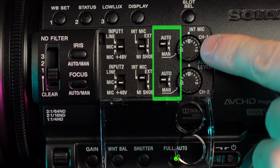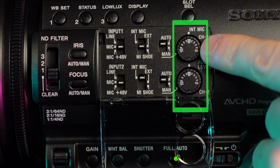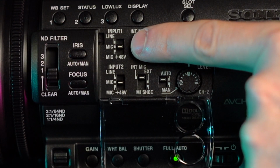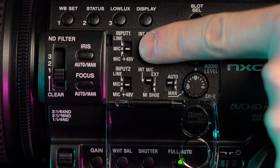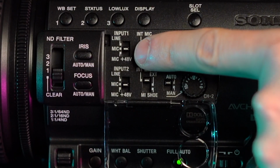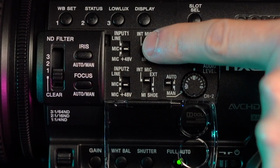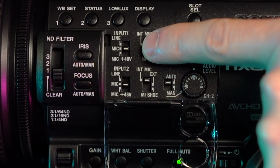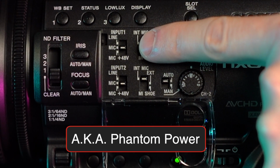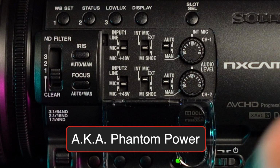Setting this switch to auto, the camera will adjust the volume automatically. Setting these switches to manual will allow you to use the dial to set the audio levels for channel 1 or channel 2. The first switch has 3 settings, marked line, mic, and mic plus 48V. Use the line setting when the audio input is coming from a soundboard or mixer. Use the mic setting for any other mic. And you use the mic plus 48V setting when a mic is not battery operated and needs the camera to